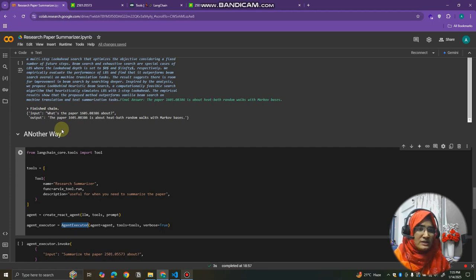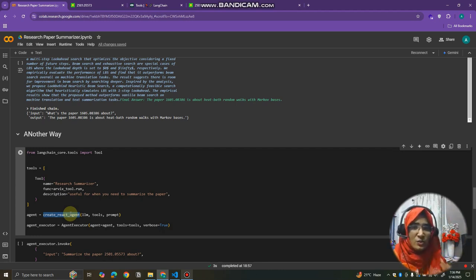Okay. Similarly, in the agent scenario, first we are creating that LLM, tool and prompt, which is created through this create react agent. What is this doing? It is combining it, like first LLM, then tools, then prompt, and it is giving a connection to it. That's it.